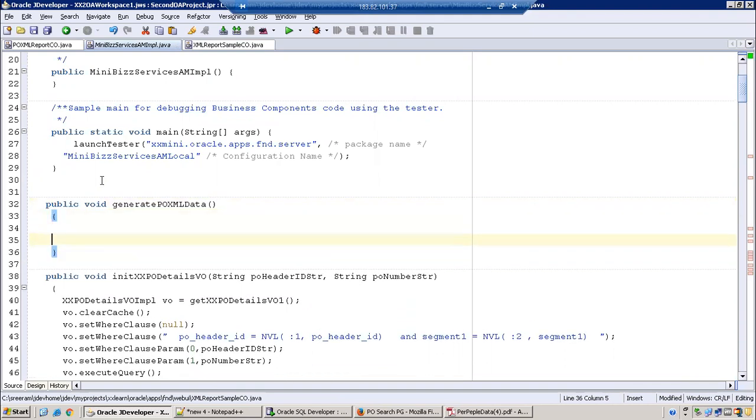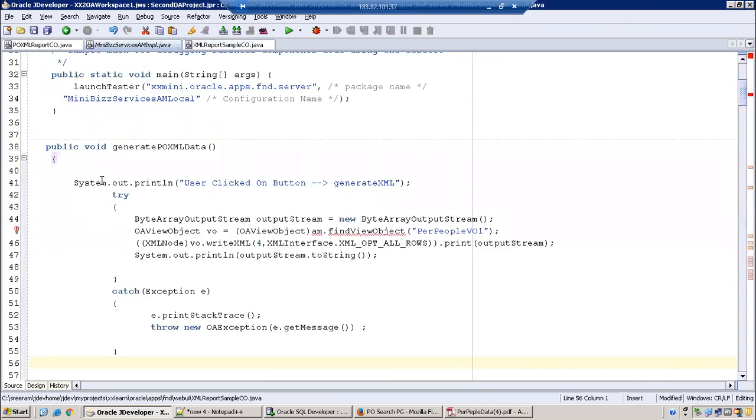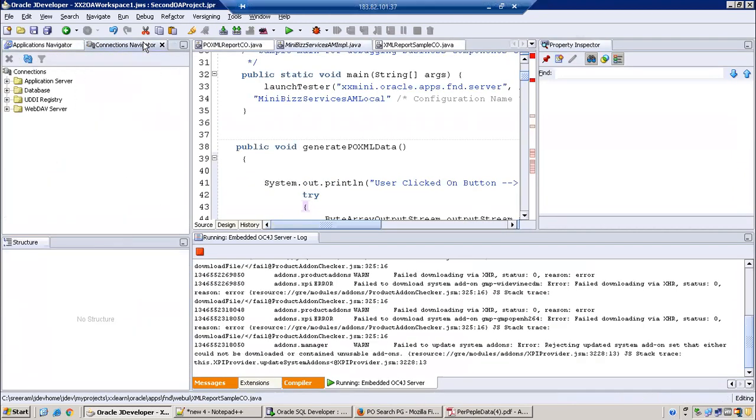Okay, so here, what we need to do is, in our case, it is PO report. What's the name?